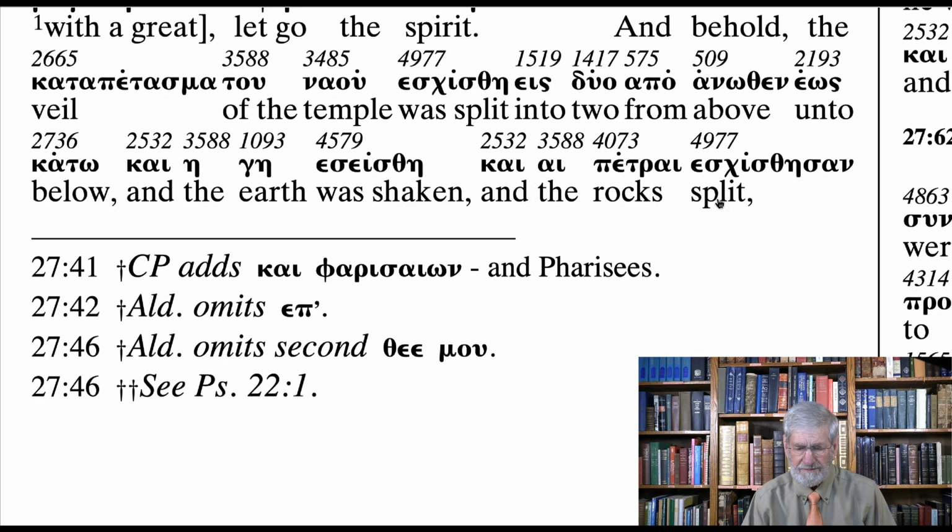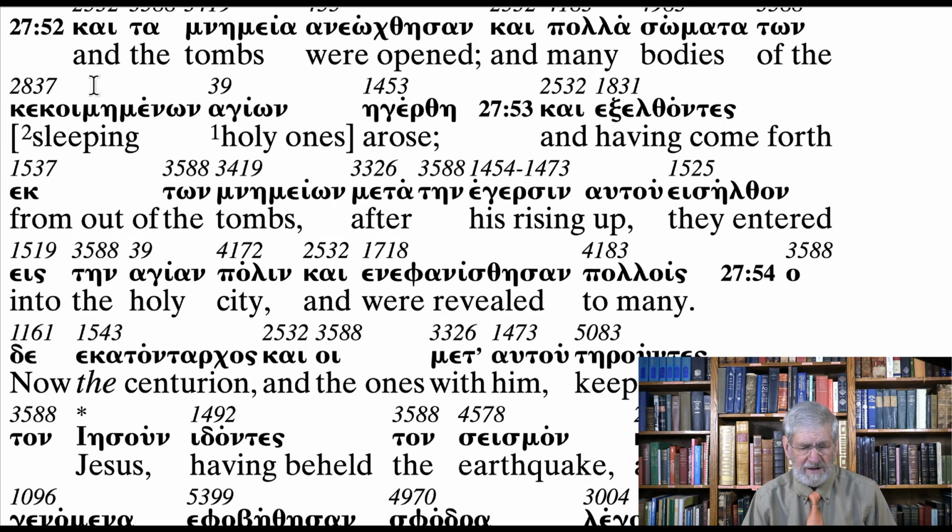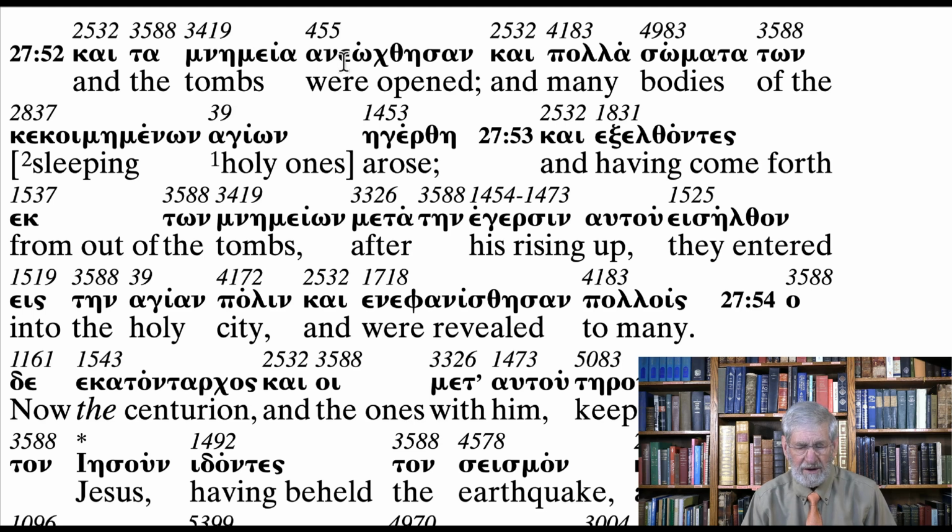and the rocks were split, and the tombs were open. Tombs, the word mnemeia, is also used for a sepulcher and a memorial. A grave is not the same thing. A grave is down into the ground, dug into the ground. A sepulcher or a tomb is carved into rock or some sort of hard material or made up of